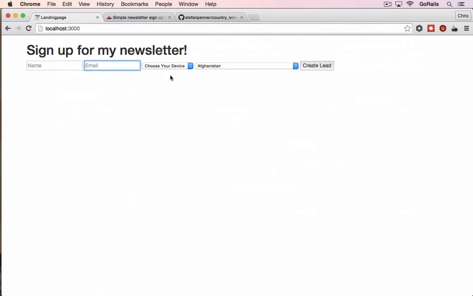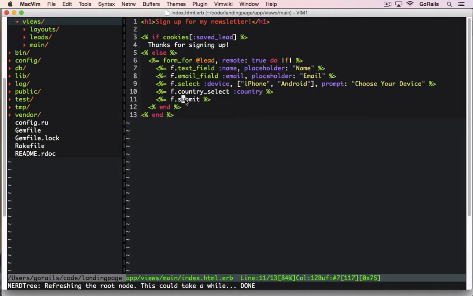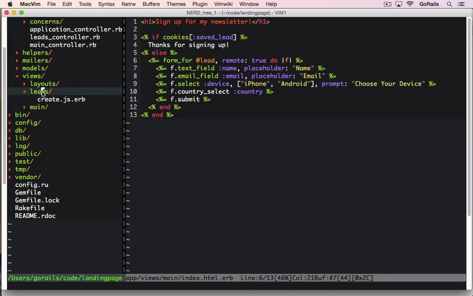We're not going to cover that because it's not really that important for a simple sign up. If you create the lead here, re-rendering the page is not a big deal. It might be a little bit more flexible to make this a remote: true option and then render a format.js thing if you want. The remote: true option just goes on the form right here, and then you can create a